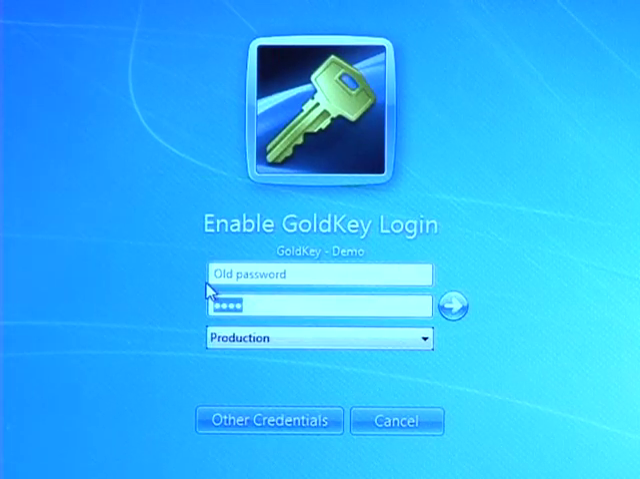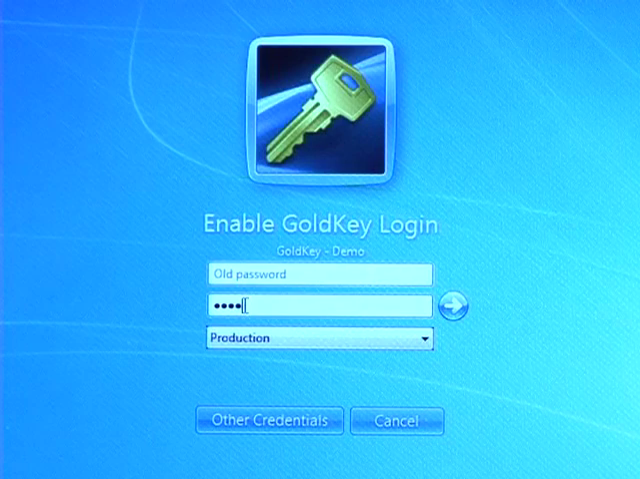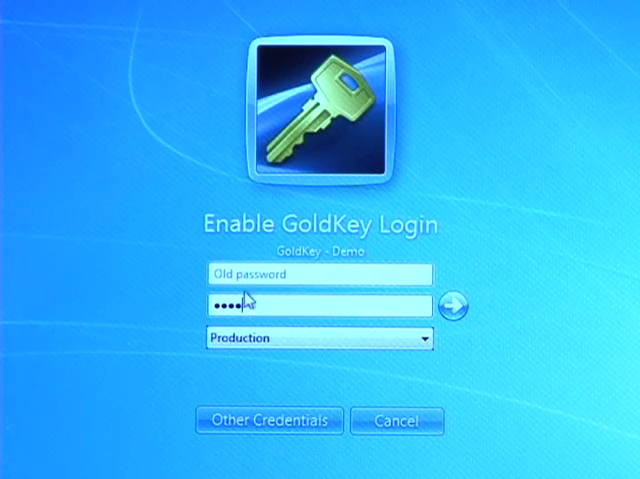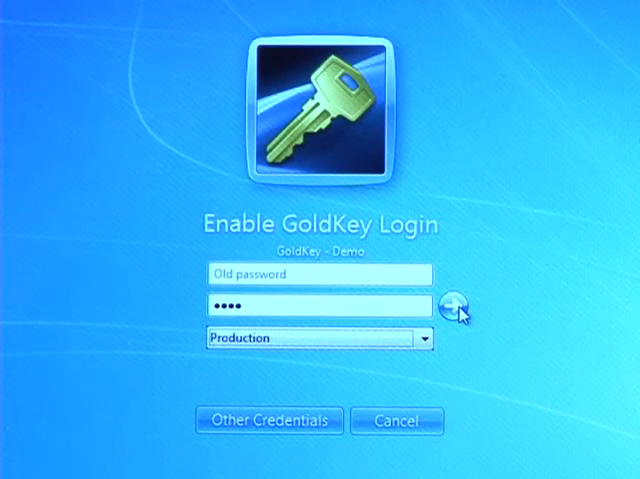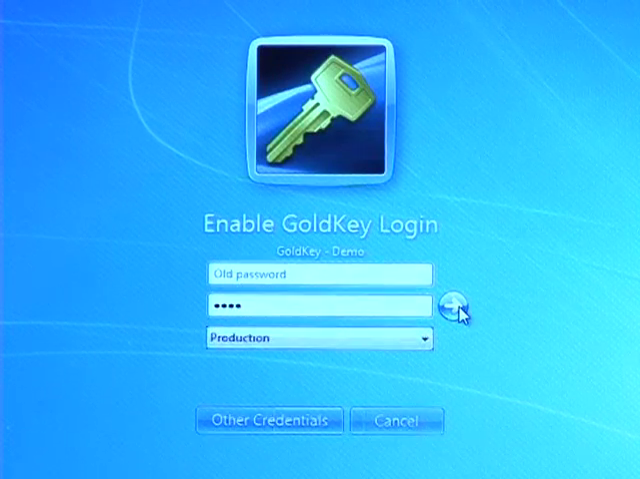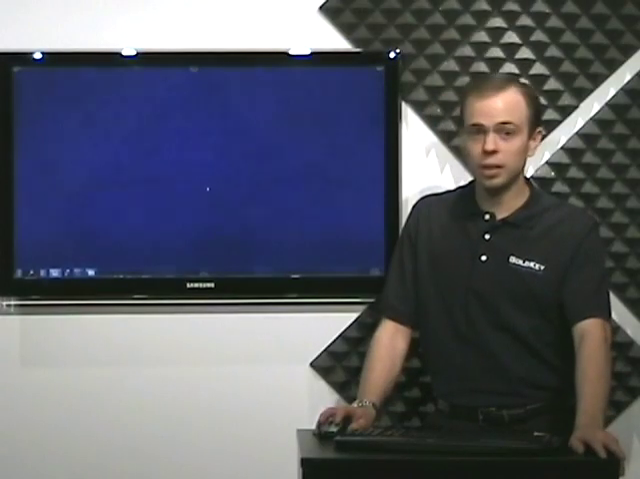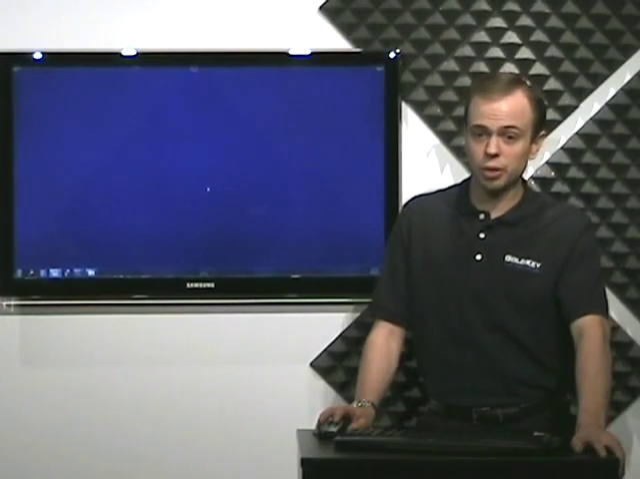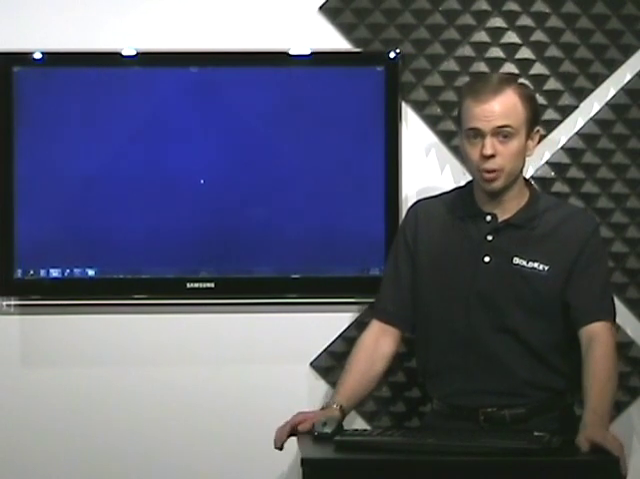So let's go ahead and do it. So we enter the Windows password, and then we enter the PIN for the GoldKey, and then we select the group that we want to use. And then we hit OK, and it says that the account has been locked. And it's as simple as that. This computer is now secured, so in order to log in or to even unlock the computer, you have to